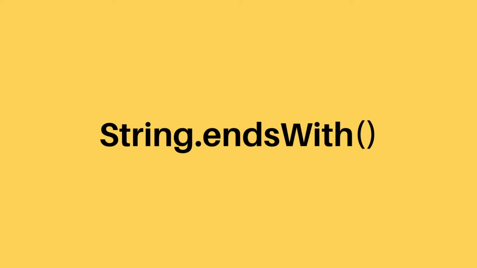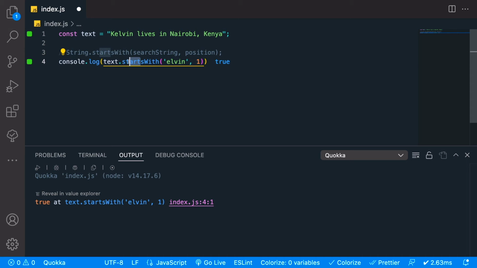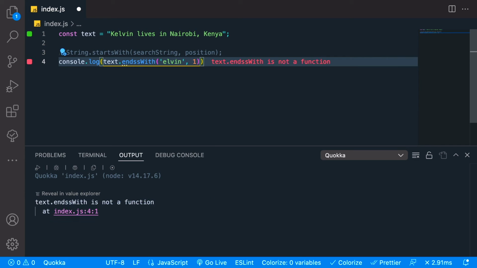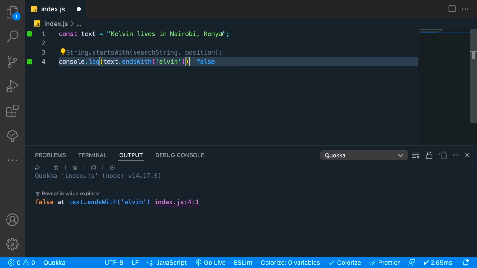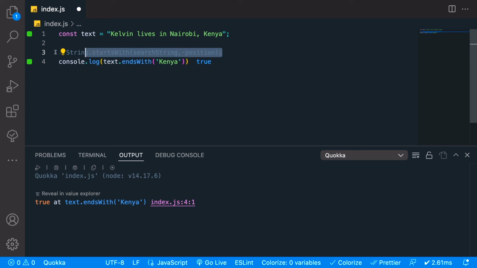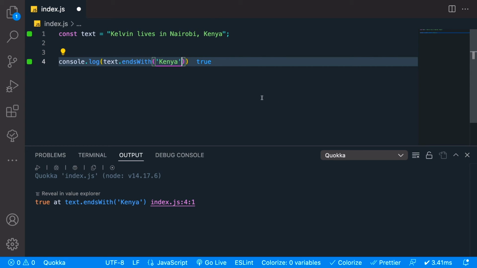Similar to the startsWith method, we also have the endsWith method. And what this basically does, it searches the string from the last word going forward. So in this case, Kenya is the last character in that string, and you can see that it returns true. But we can also limit the search by passing in the length of the string that we want to search. So in this case, by default, the length of the string will be the second parameter,